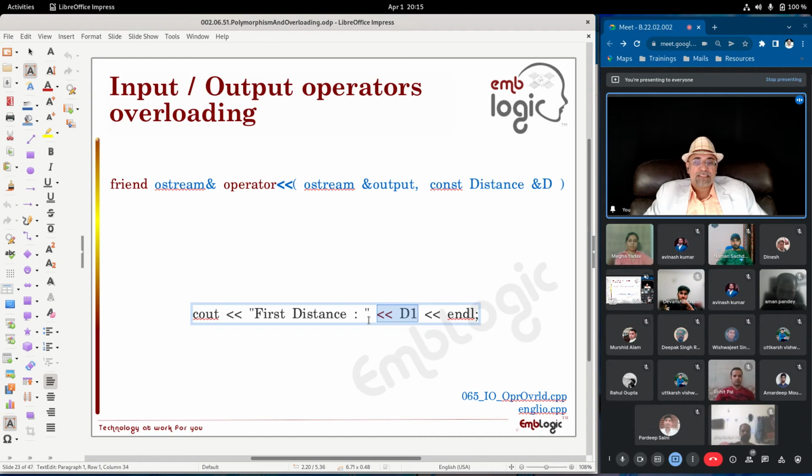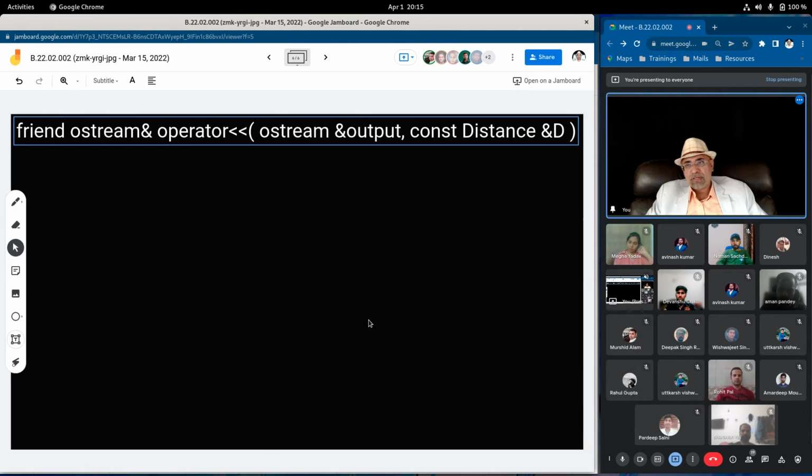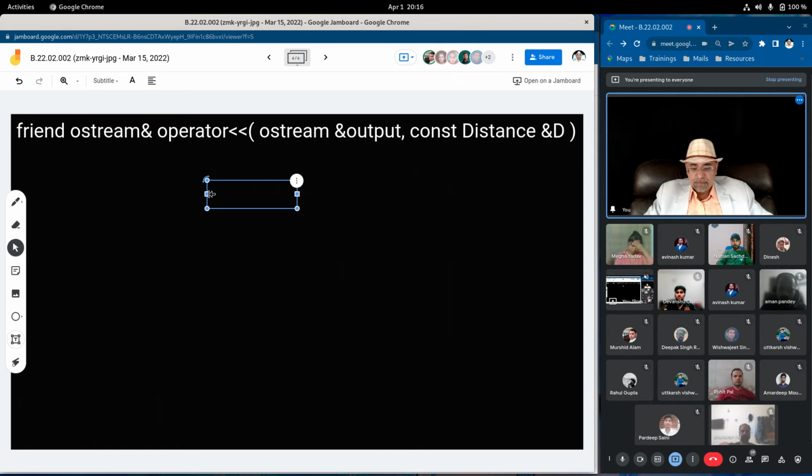Got it, sir. Let's see an example for this. Yes, sir. No, first let us try to understand what this is all about and why it is friend. Did you see that on the left hand side? So let's try to understand this first. This insertion operator is being overloaded.